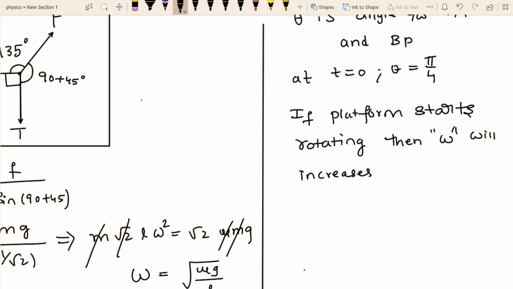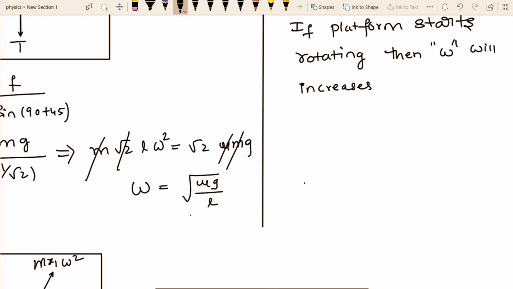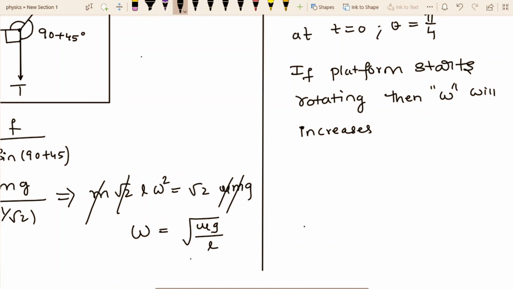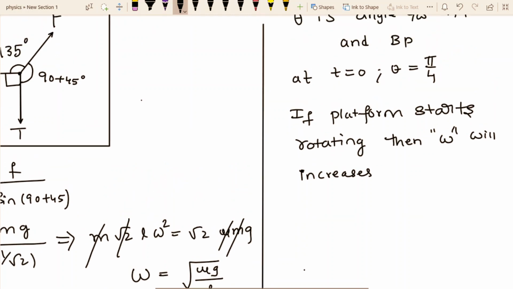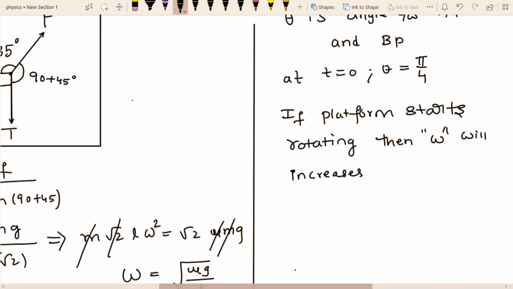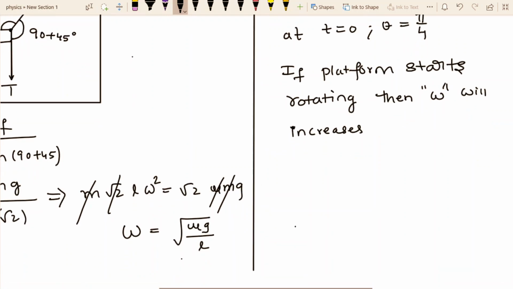Omega of the platform will increase. What is omega? Angular velocity of the platform will gradually increase with time, and at a particular angular velocity,